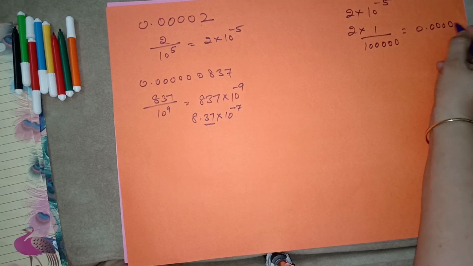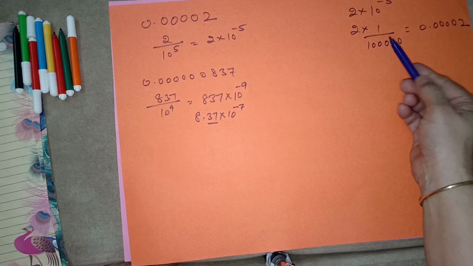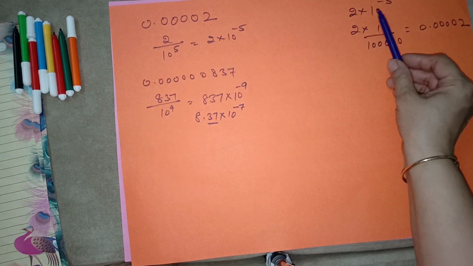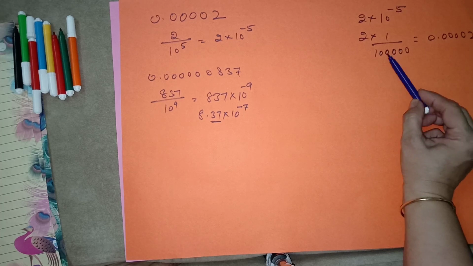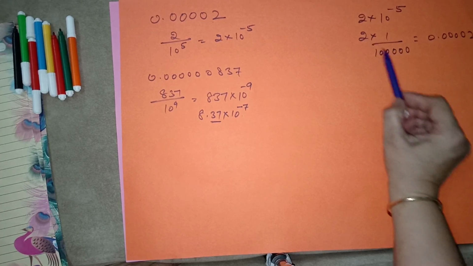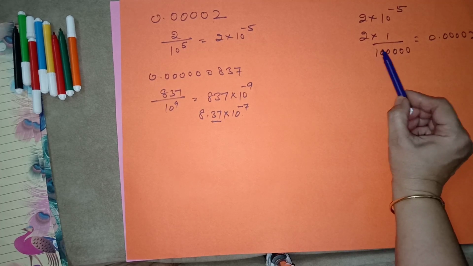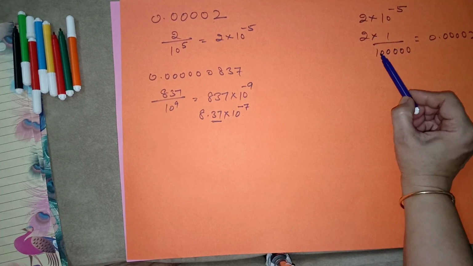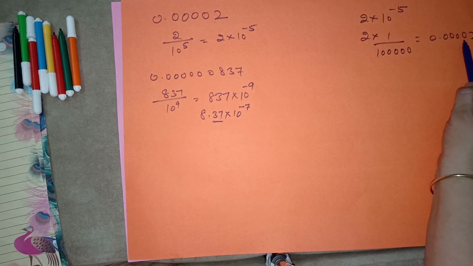0.1 2 3 4 5. Same thing is there, same thing I had converted. Now 10 is to power minus 5 means 5 zeros, right? 5 zeros. Now they are 2 divided by this whole. Now I want to put the decimal over here. After decimal, how many digits should be there? 5. 1 2 3 4 and the fifth one is the 2.